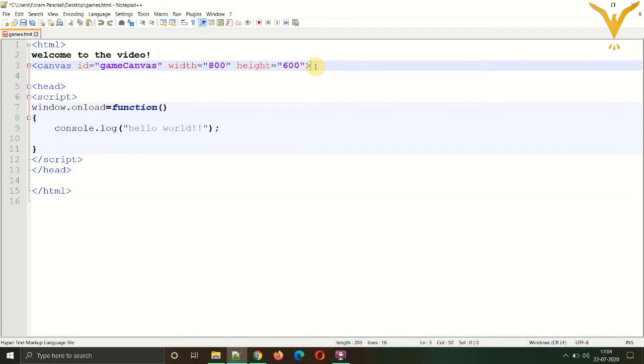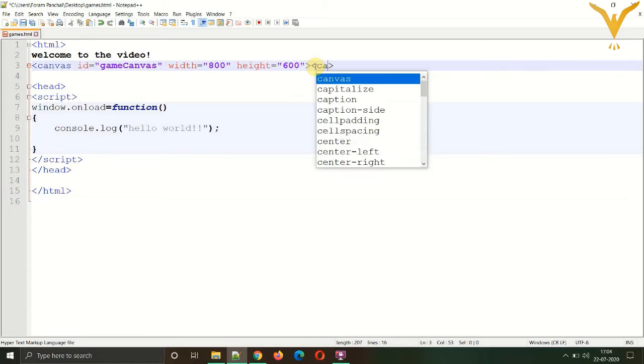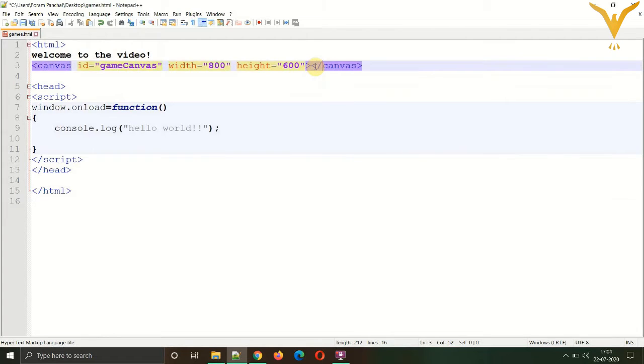It is not too big and not too small for mobile screens. Now a closing canvas tag right after the opening tag. So we are done with creating a canvas.